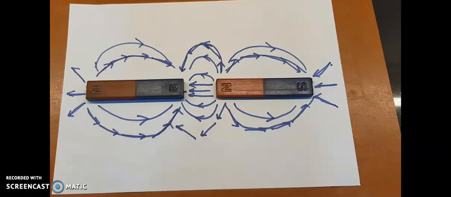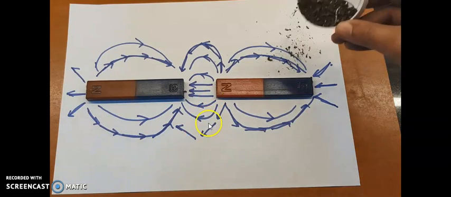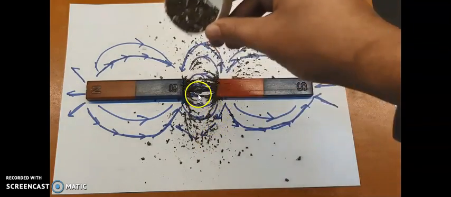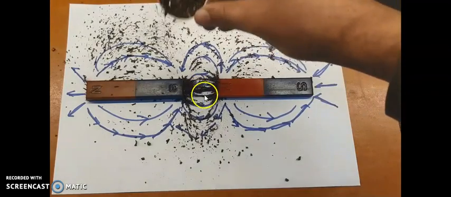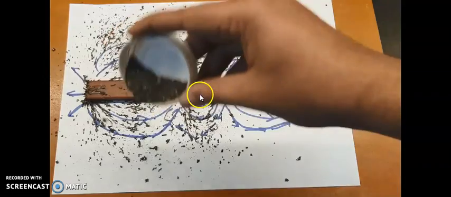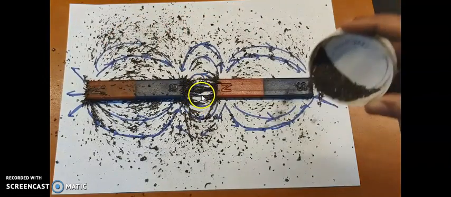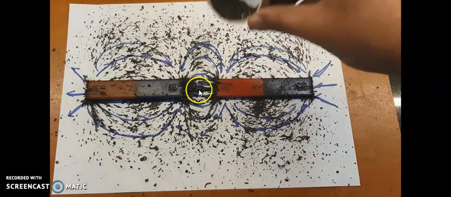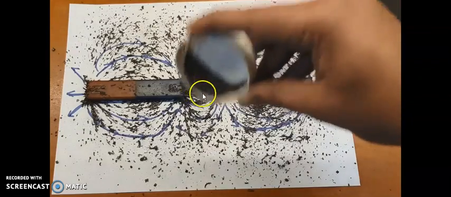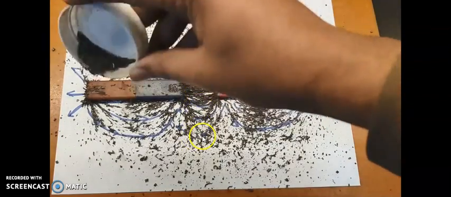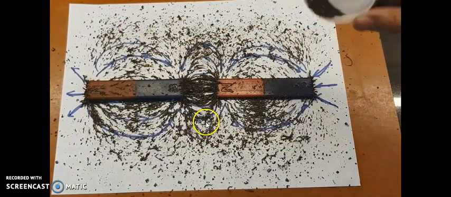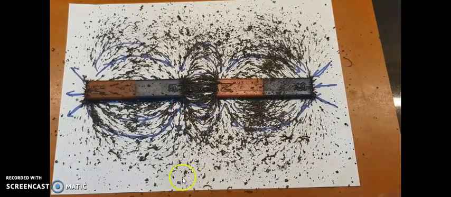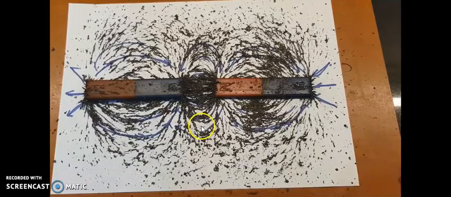Now when we sprinkle the iron filings, let's check what happens. Again, you can see the iron filings getting connected. They are joining, right? When like poles were kept together, there was a gap, but in this situation you can clearly see that the lines are being joined. The filings are completely attached because of the attractive force between the north pole and the south pole. Again, when we tap the table, we will get a very clear picture, and we can very clearly note the magnetic field lines as parallel closed curves. Can you see it? Right?